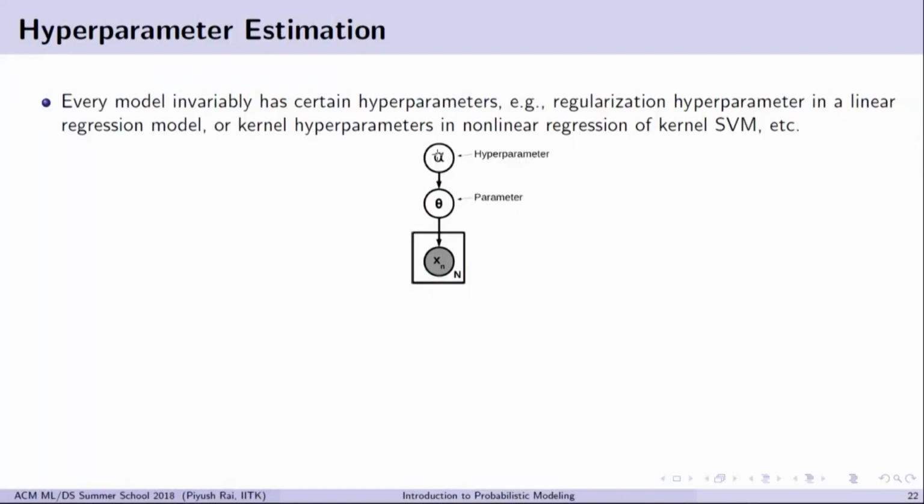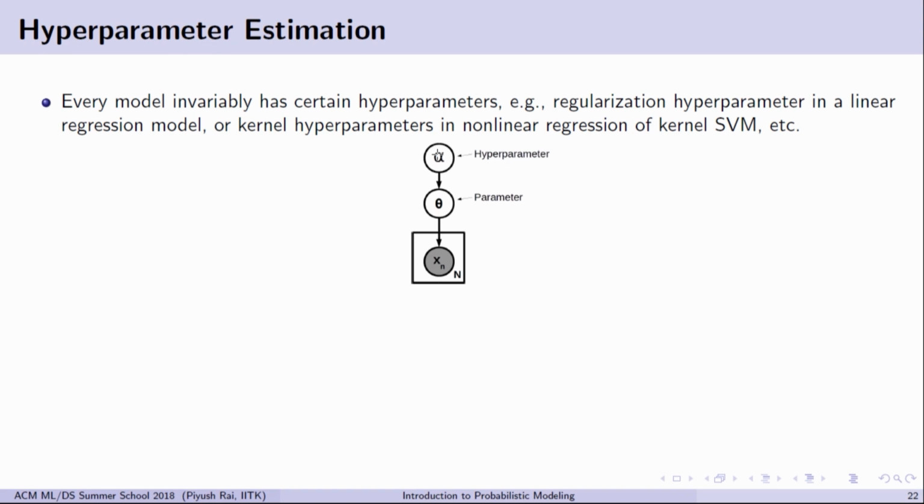I told you that they are assumed to be known, okay? But they need not be known. We may have to estimate those. You may do cross-validation or some other thing, but it's kind of a hierarchy. You have data which is modeled by a parameter. That parameter depends on some other parameter. So you have a natural hierarchy: X depends on theta, theta depends on a hyperparameter alpha. Right? But it's a natural hierarchy, and what we can do is directly learn alpha, which is a